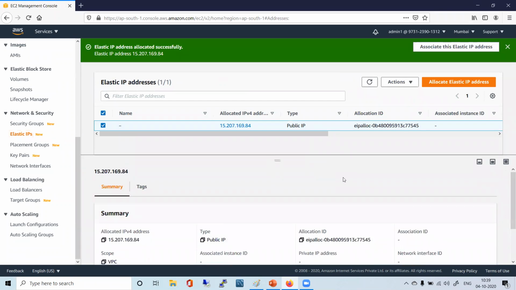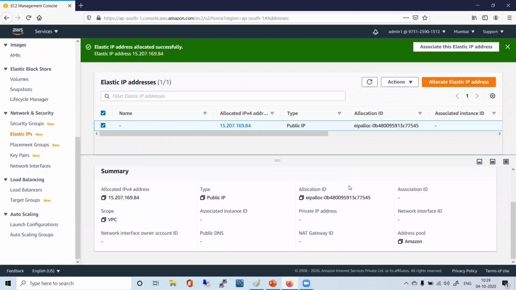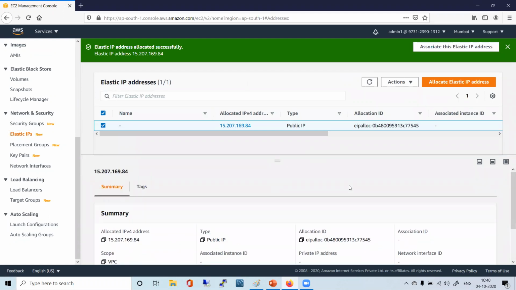What can we do with this? Shall we associate this with something? With our running instance? Yes. How? What is the basic thing to do? Actions. We have to go to Actions.